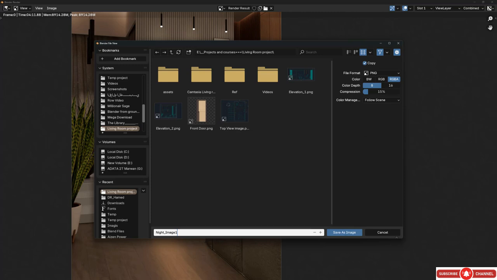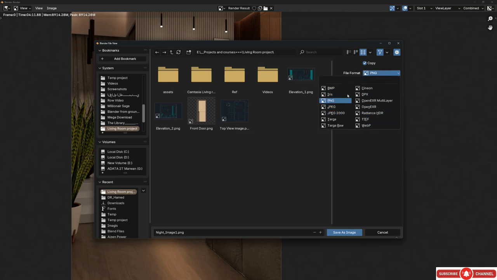And you can keep in mind that you can change the format from here. You can choose whatever format we got right here. I will leave it as PNG because I want to take this to Photoshop, and PNG has a lot of color and information inside the image, and you can edit it and manipulate colors. Just keep that in mind. Save as image. Just hit this button to save it,